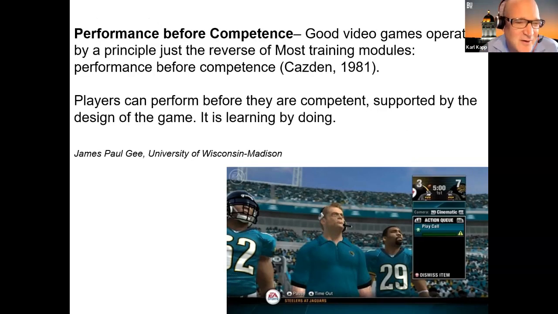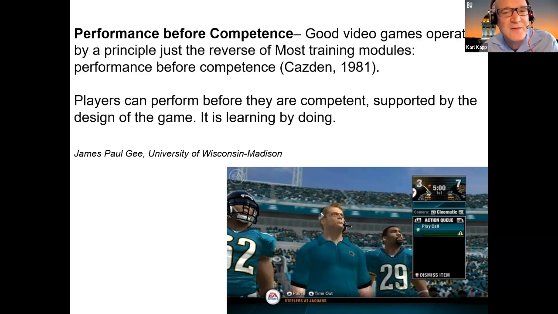And then the one thing I like about games a lot is that they are performance before competence. And one of the things often in learning is we try to teach you every little single thing we think you'll need to know, and then we give you the hard problems. Then we give you the difficult information, right? We build up to it. And there's some research and some things that I talked about earlier about, yeah, we want to start simple and we want to move up, right? That makes sense. And it does make sense, but there's also some other perspectives about education that says, well, why don't we just throw the person in? That's the in medias res that I talked about earlier, right?